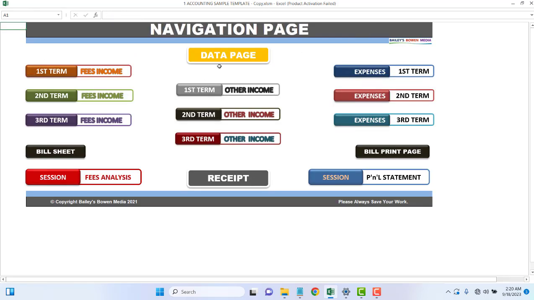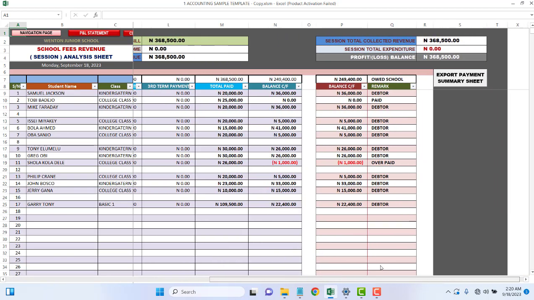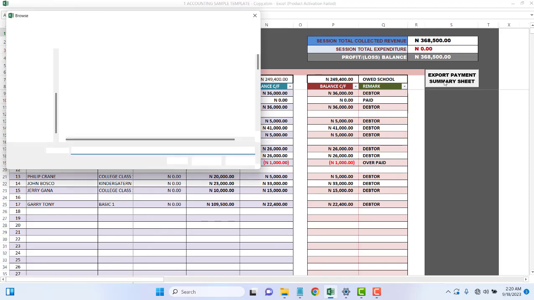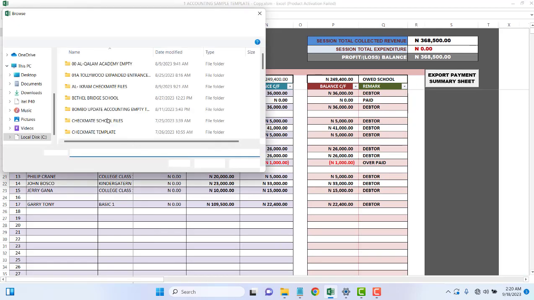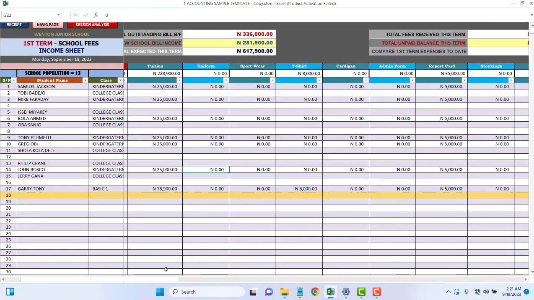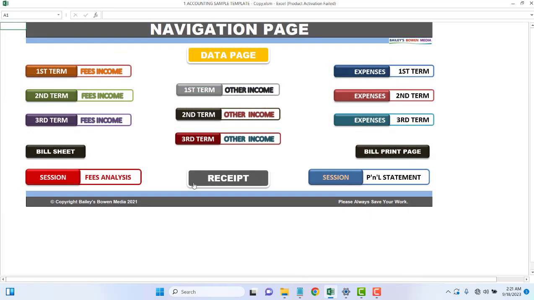Then we have the analysis pages that try to give some analysis and summary of what's going on. So this is the session summary or analysis of the income that has come through the school fees. You can also export this by clicking on this button, locating the area you want. I don't know where I saved that to. Didn't select any folder. Okay, so let's continue. So that's that for session analysis, and then let's go to